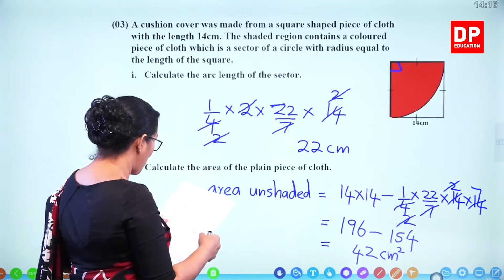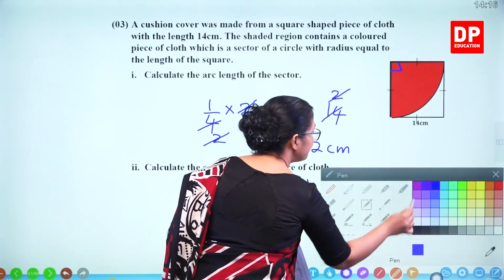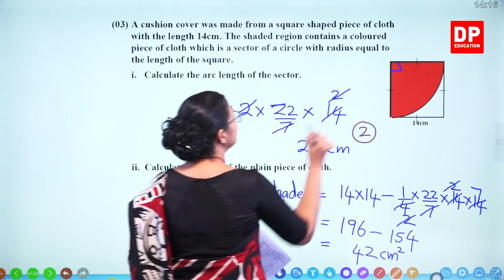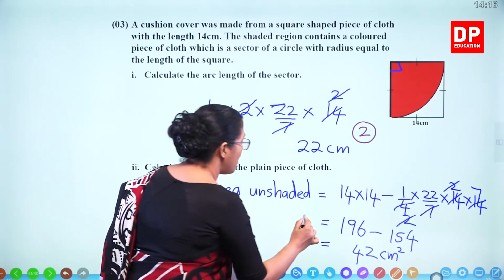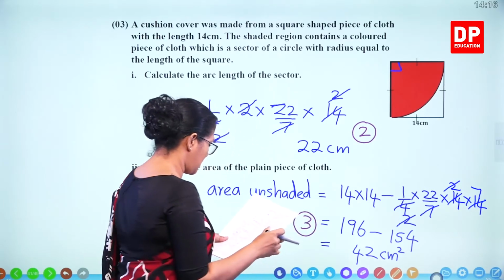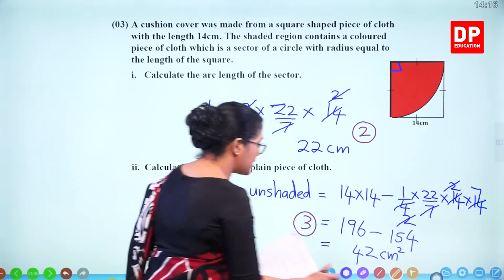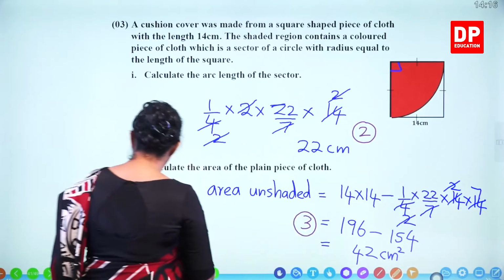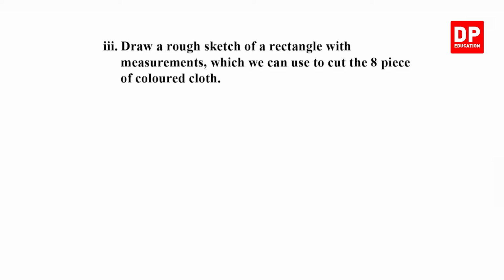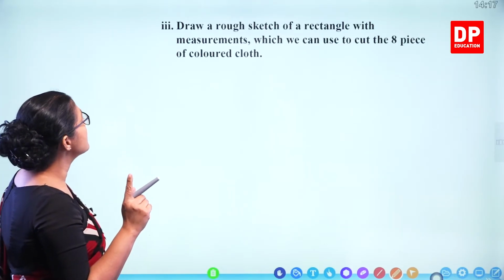So how many marks for this? So 2 marks for finding arc length and area, 3 marks for this step. And look at the next one. Draw a rough sketch of a rectangle with measurements which we can use to cut the 8 pieces of colored